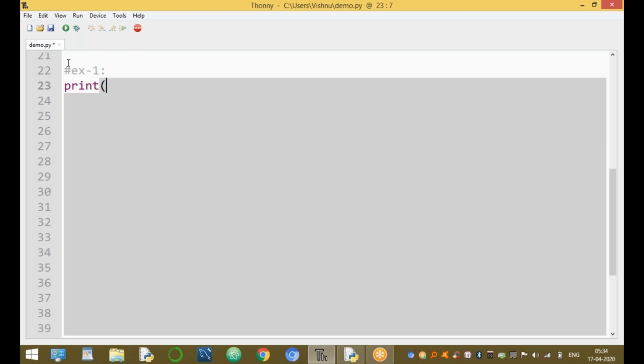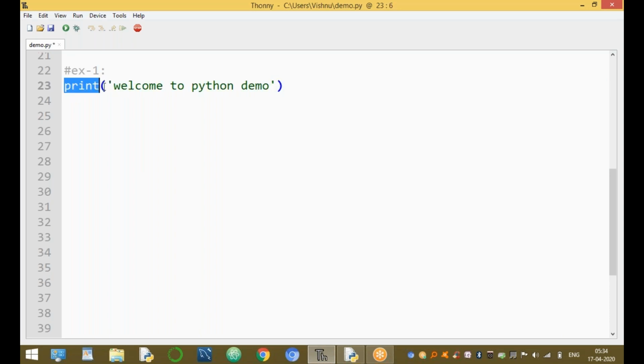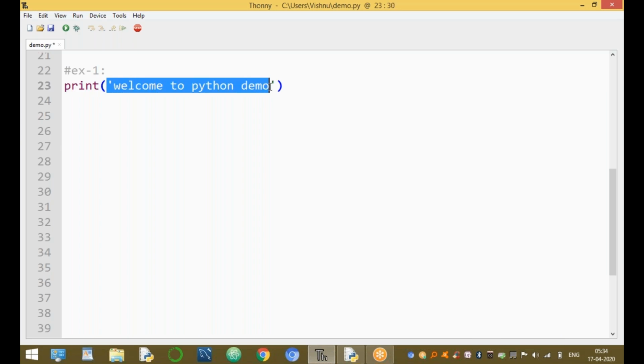For example, print welcome to Python demo. Here, print is the output statement. This statement is used to print values or messages to the screen.